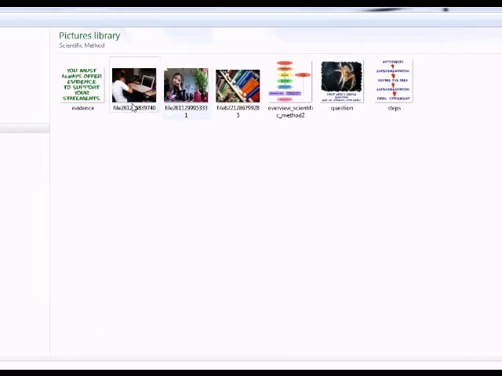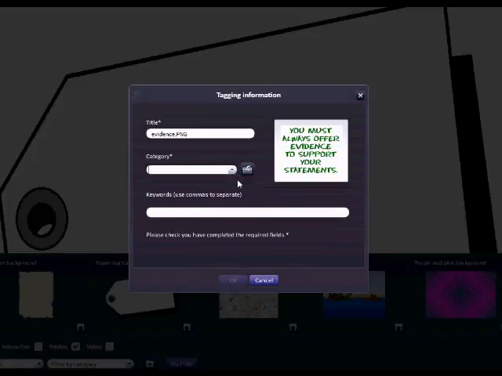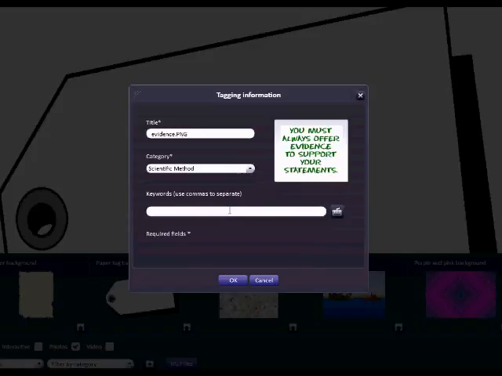So I've opened a folder here that I want to use, and I'm going to select this image. Now notice it gives it a title and it says imported items. Well, I'm going to change that, and I'm going to just delete the word imported items, and I'm going to put scientific method, and I'm going to just say